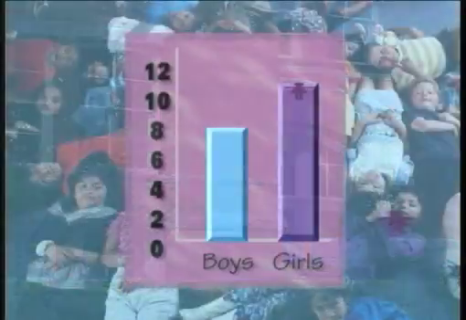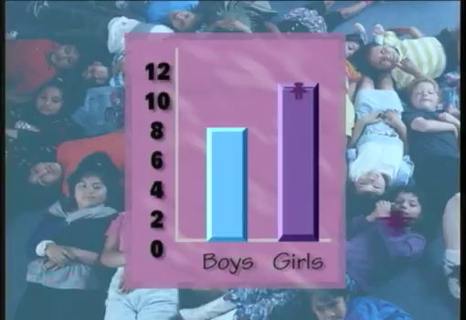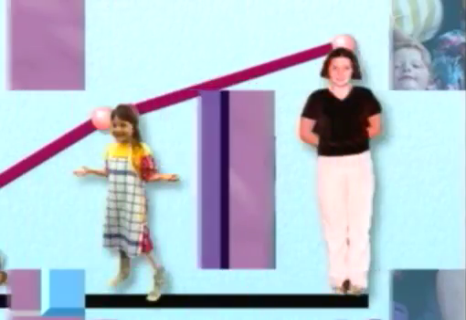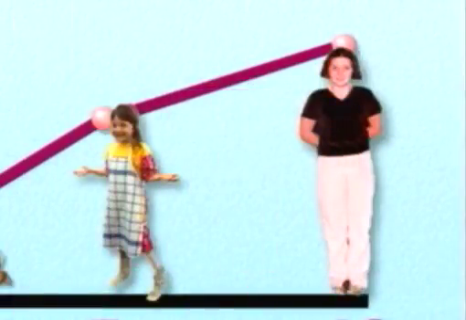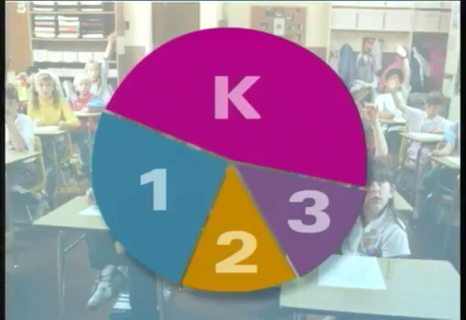The graphs we have seen all use numbers to help us understand and compare different things. A bar graph to quickly count and compare. A line graph to show how things change over time. And a pie graph to show how much there is of one thing within a whole. There's another way to look